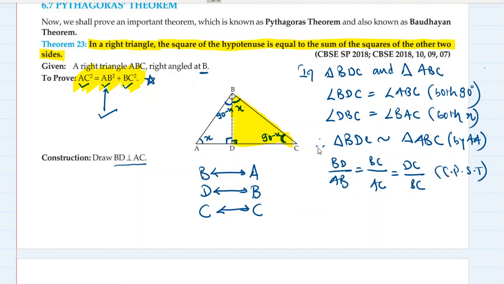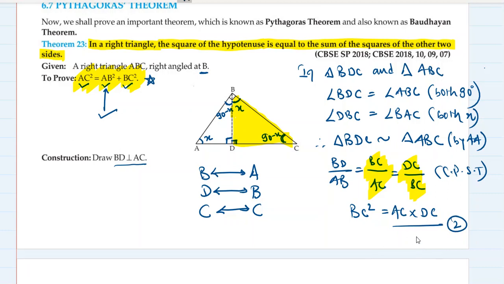If you are thinking about the technique which I told you in the last part, you are right. The technique was to select a ratio whose numerator and denominator are equal. To select two ratios, one of whose denominator is equal to the other's numerator. So those kind of ratios are these over here, BC upon AC and DC upon BC. Here there is BC and here in the denominator there is BC. So if you cross multiply, what do you get? You get BC square is equal to AC multiplied by DC. Okay, so this is your equation number 2.